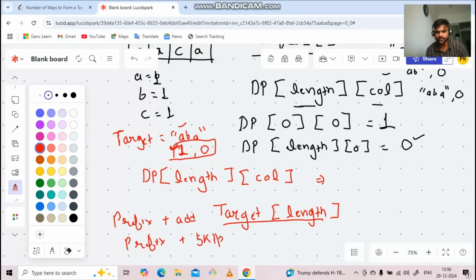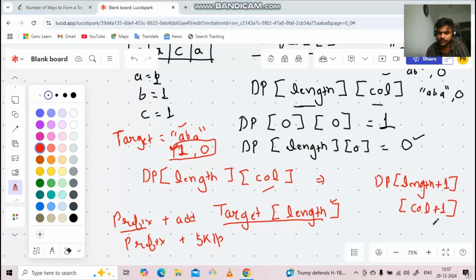So if we add this particular character, the next state will become dp length plus 1, right? We have added something to the prefix that we are making. So the next state will be dp length plus 1, and the column will also increase, because we have used the column we are standing at right now, and we cannot use this column again. So that's the first transition of DP: if we are standing at dp length column, we can add that character, and the length and the column will both increase, because we cannot reuse that column. And the second thing is,